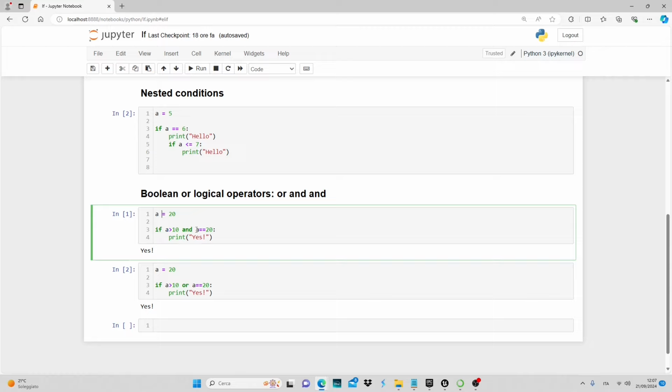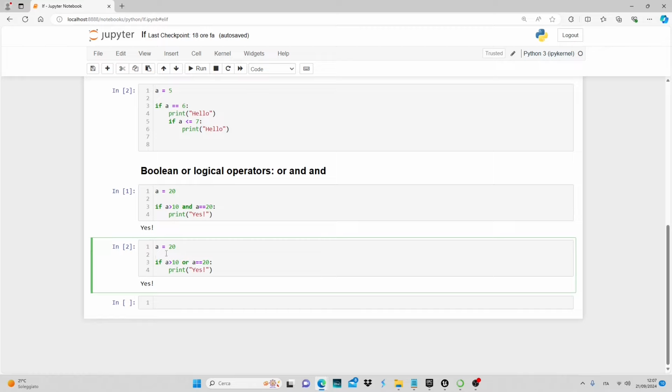the word yes should be printed, which is exactly what happens. Let's see an example in which we will use the other Boolean operator we are considering, which is or. We still have the same variable with the same assigned value. Condition: if a is greater than 10 or a is equal to 20, then we should get the word yes